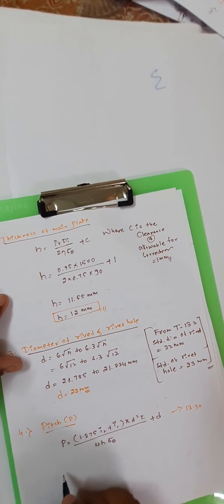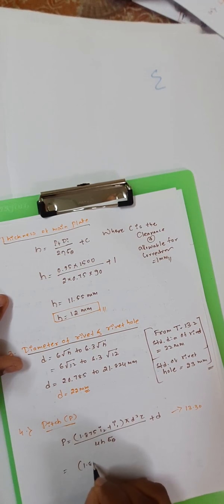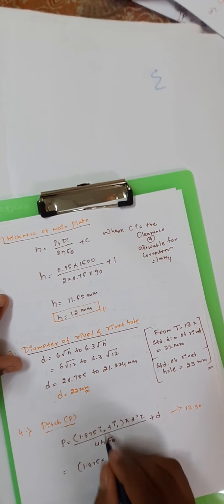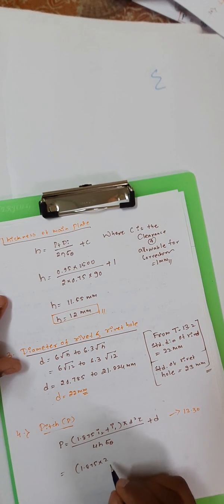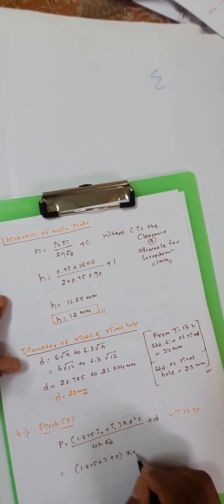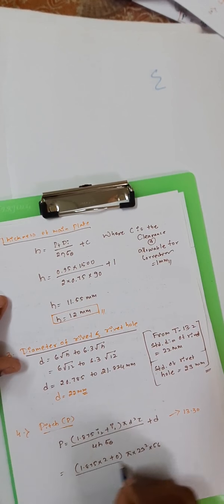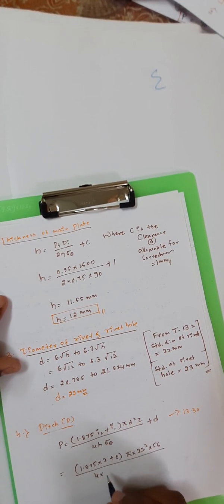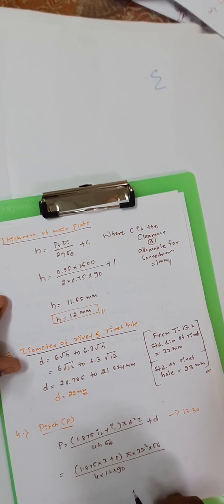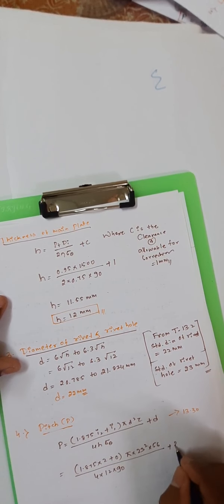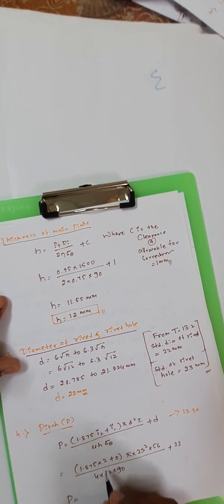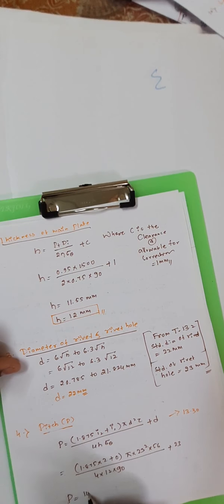So, if you simplify this, we will get 1.875 into I2 here, which is subjected to butt joint with a given problem. I2 is equal to 2 plus I1 is equal to 0 into pi d, which is 23 square into 56, divided by 4 into 12 into 90. So sigma theta is equal to 90 plus 23. If we simplify this equation, we will get pitch is equal to 103.787